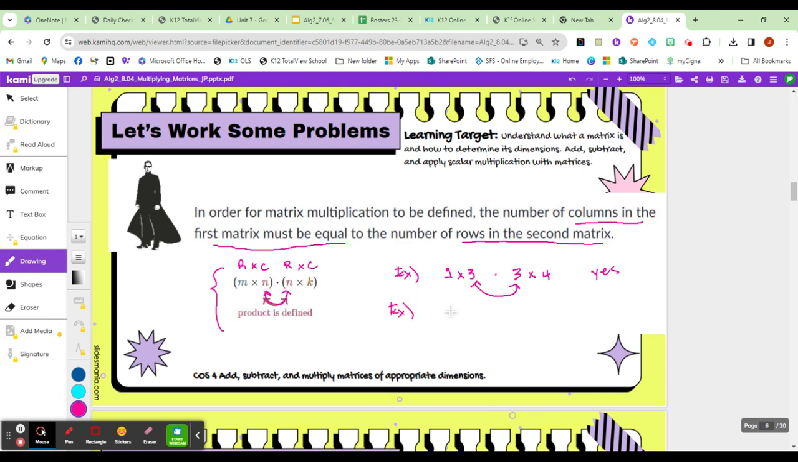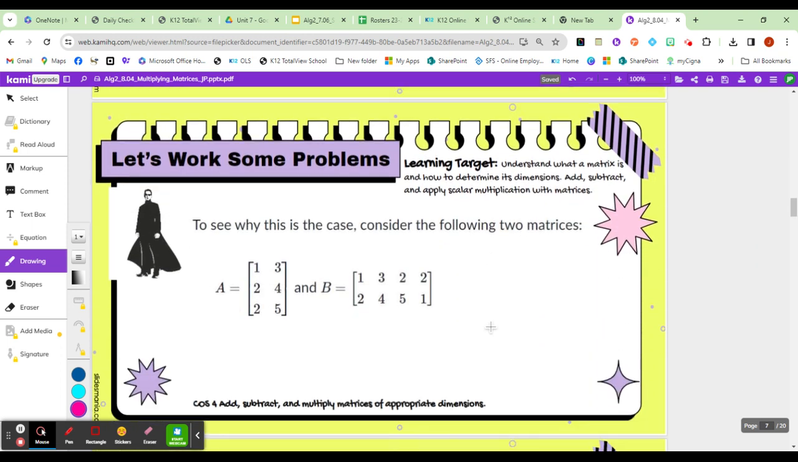So if I had, let's say, a 1 by 2, and I was trying to multiply that with another 1 by 2, even though we can add and subtract two matrices with the same dimensions, unless these two numbers are the same, this will be a no, or not defined. So the two middle numbers have to be the same. So I think what we're going to look at here,